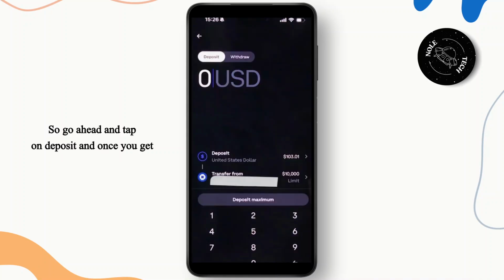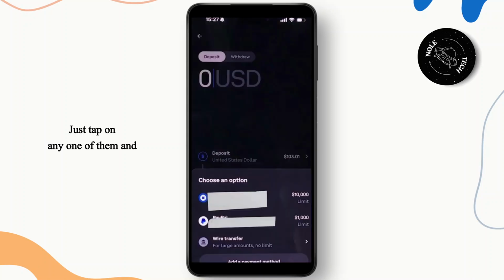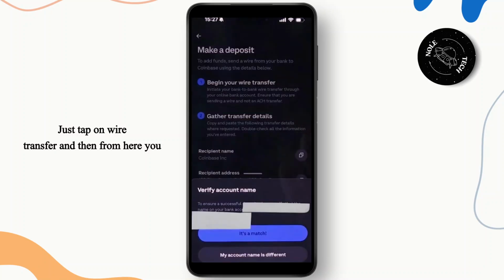And once you get here, if you've done any previous deposits or previous transfers, the history will be shown right here. Just tap on any one of them, and this pop-up will open up here. Now you can just go ahead and choose the wire transfer option for a large amount, no limit. Just tap on wire transfer, and then from here you should be able to verify your account name to match